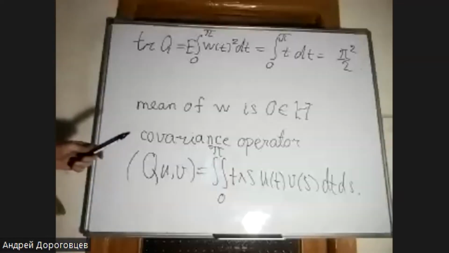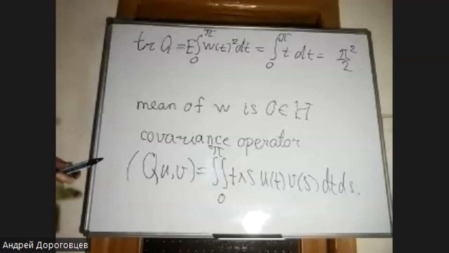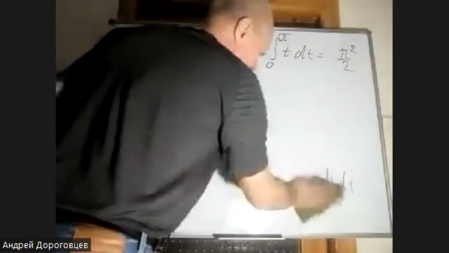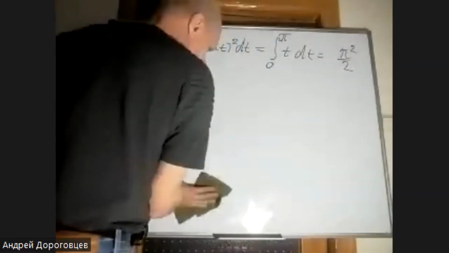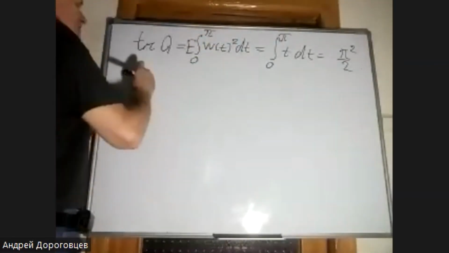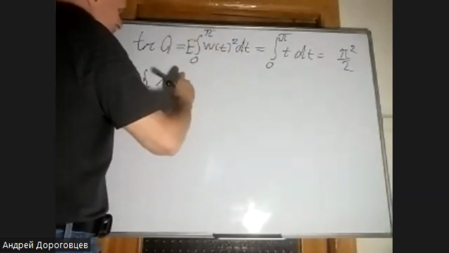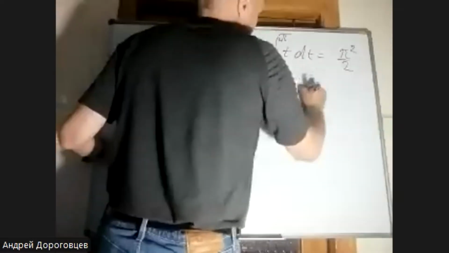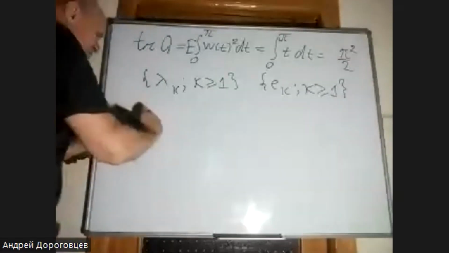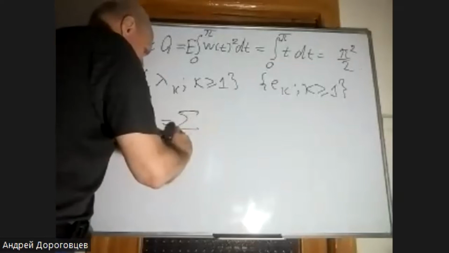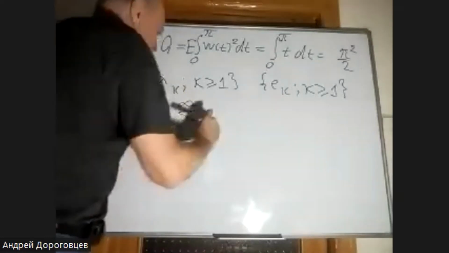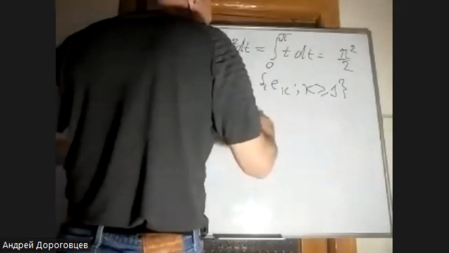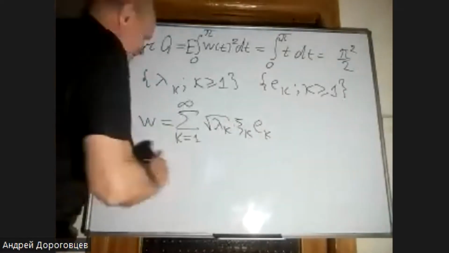This is a note. And the next one is related to the Karhunen-Loeve representation for our random element W. We already checked that this operator Q must have a system of eigenvalues related to the eigenbasis e_k in such a way that W can be represented as a sum from k equal 1 to infinity. Here we have the square root of lambda_k multiplied by psi_k and e_k,